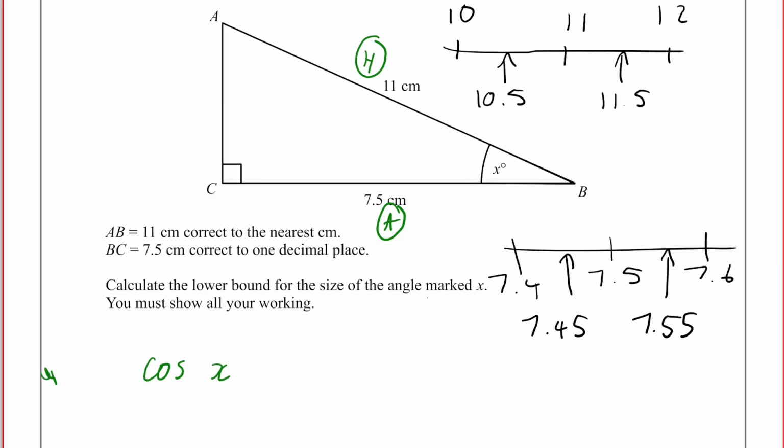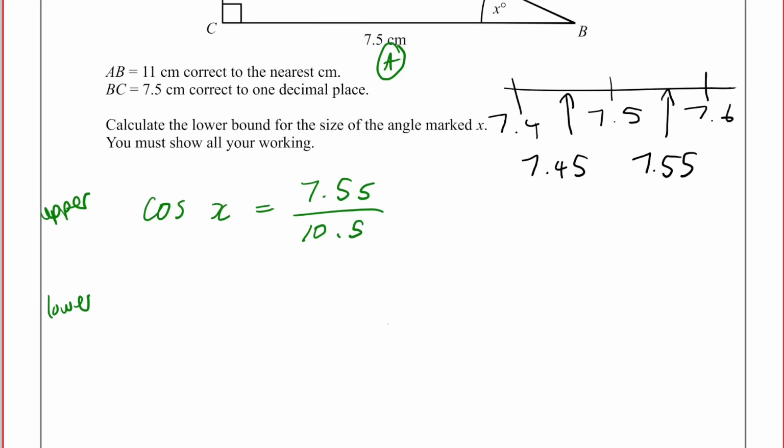So the upper bound for cos x is going to be the biggest adjacent divided by the smallest hypotenuse. And the lower bound for cos x will be the smallest adjacent divided by the biggest hypotenuse. And it's actually the upper bound for cos x that's going to give us the lower bound for the angle,